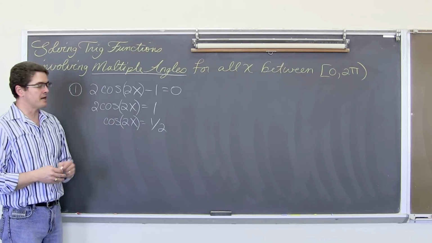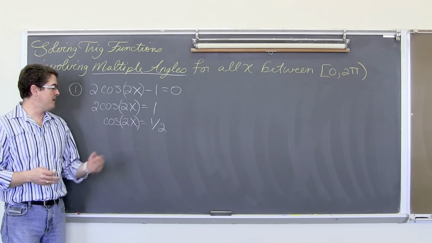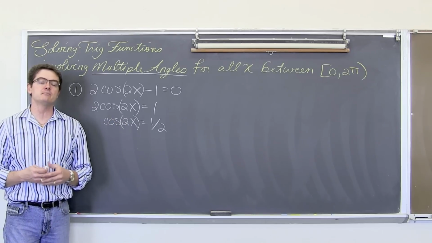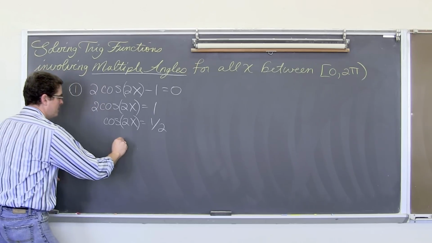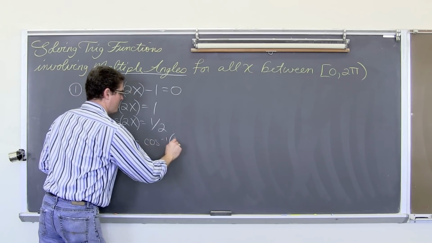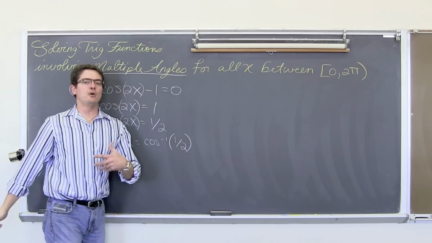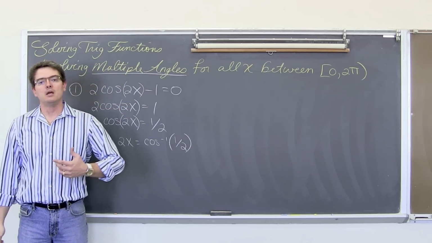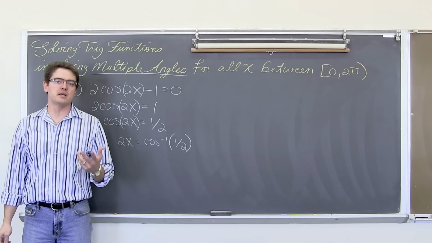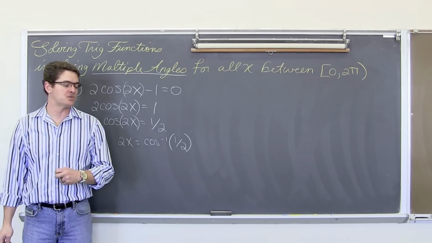Now, you want that cosine function, again, to get away from the angle measure of 2x, this double angle. And you want to undo the cosine function by doing the inverse. So, we have 2x equals the inverse cosine of 1/2. And don't forget, we put the sides of a triangle, in this case cosine being x over r, into the trig function and get out an angle measure.